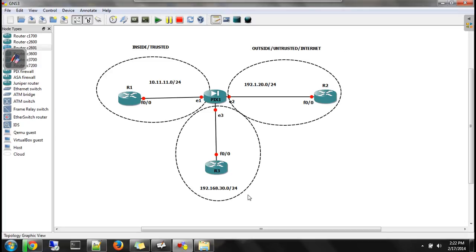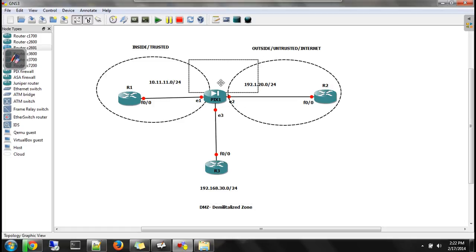Okay, and this area is called DMZ, which stands for demilitarized zone. DMZ, demilitarized zone. Fine. Better I'll put it in a square box. That will be perfect.